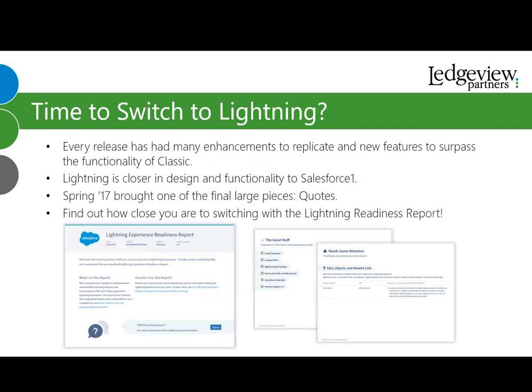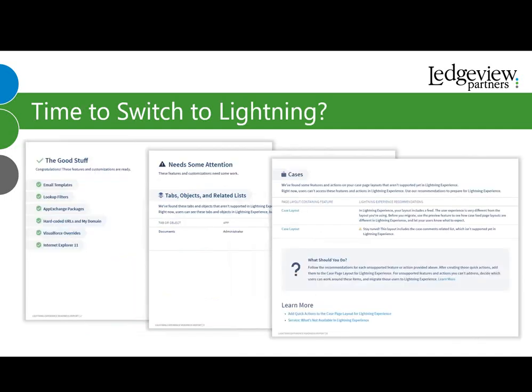Some small windows here, but what you'll see in the report is that it identifies all the good, the bad, and what needs attention. As you go through that list and see what it would take for your system to move to Lightning, there could be not that many things, or there could be a huge laundry list of things that you need to update